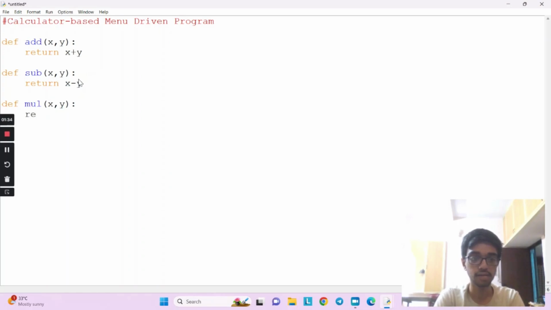In the third one, I'm returning the product of the two numbers. And for the fourth one, I'm returning the quotient that is formed out of the two numbers.